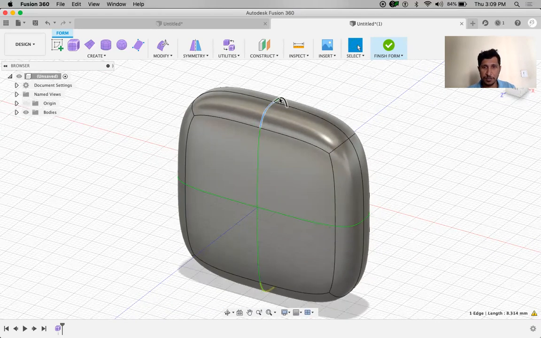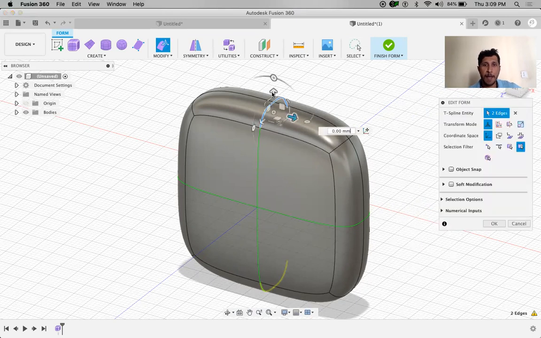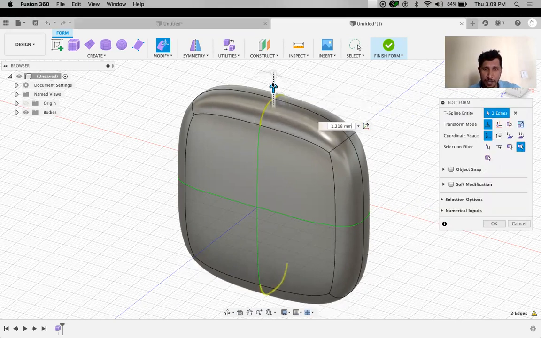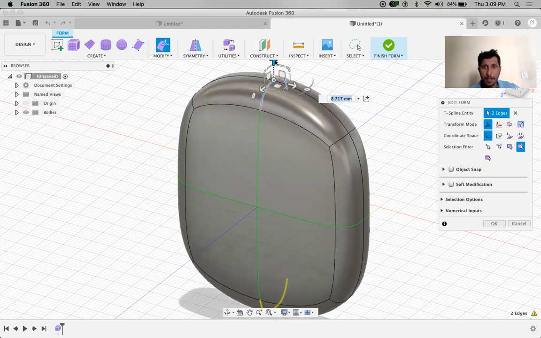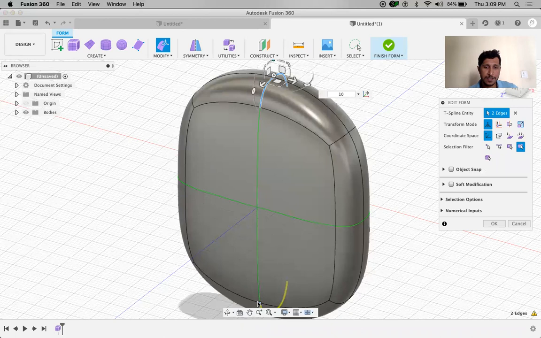I'm selecting these two, right click, edit form. I'm going to stretch this using the arrow towards top. The distance I give it as 10. You can notice the same thing is going to change at the bottom side also,